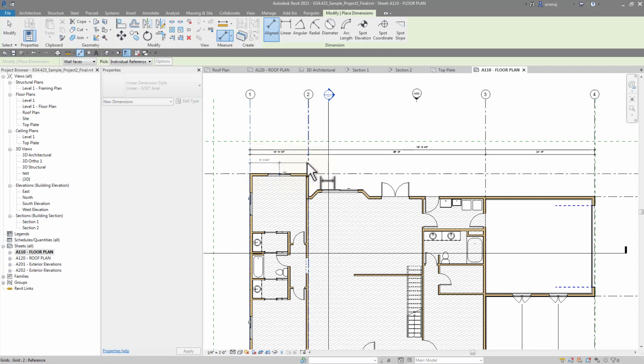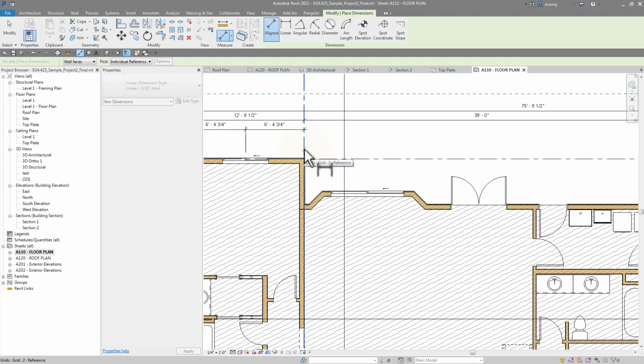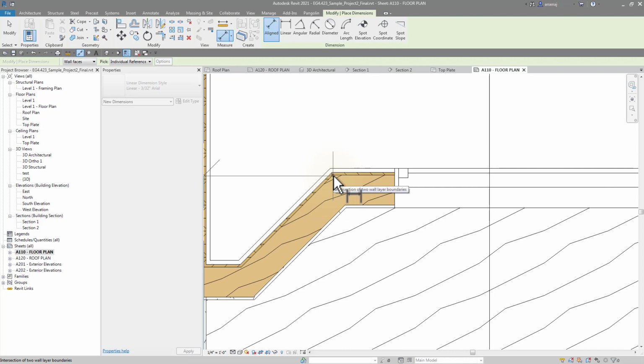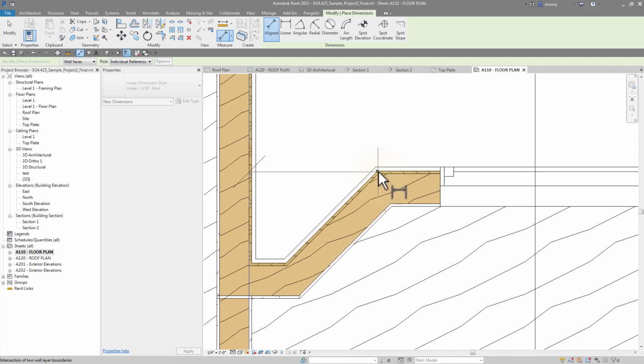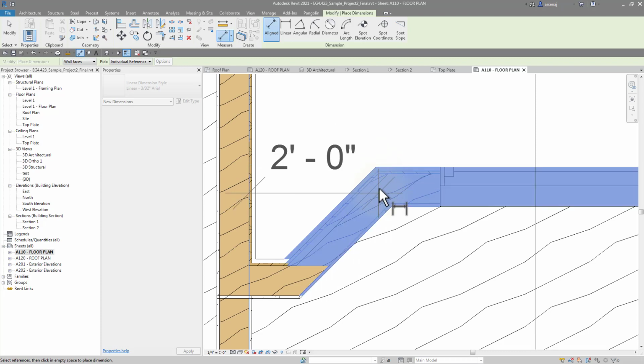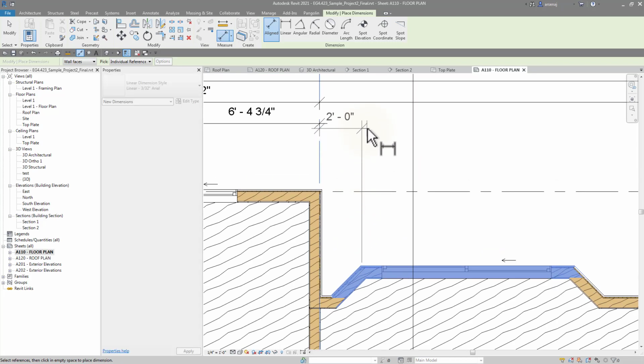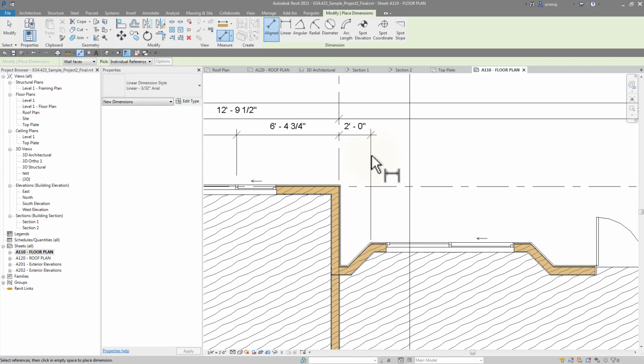You'd start with your windows, and for this one I would probably want to dimension from this grid to the corner, and you can zoom in and see how it brings up that black dot at the intersections there. You would want to pick the corner of the stud to bring that dimension up. So now that we have that string there, and what I'm going to do is then